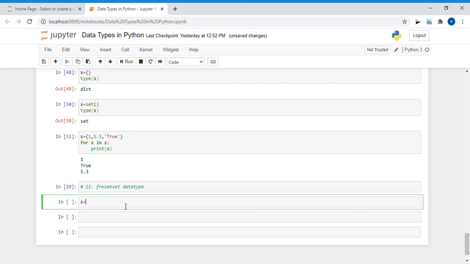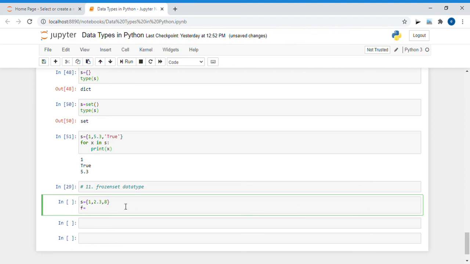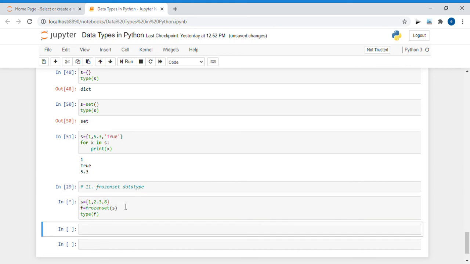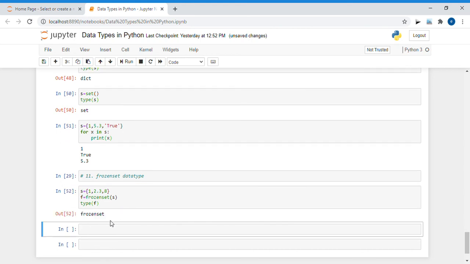So similarly, we just create the set here, and if I want to convert it into a frozen set, I just have to write frozenset in front of that set and convert it. And if we check the type of that, it comes out to be a frozenset.